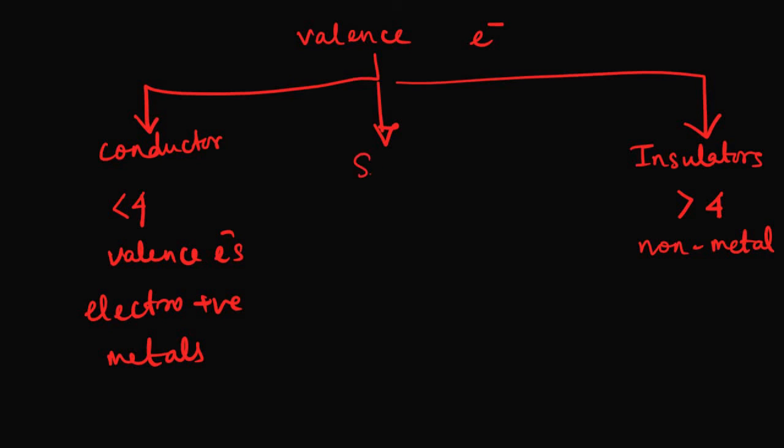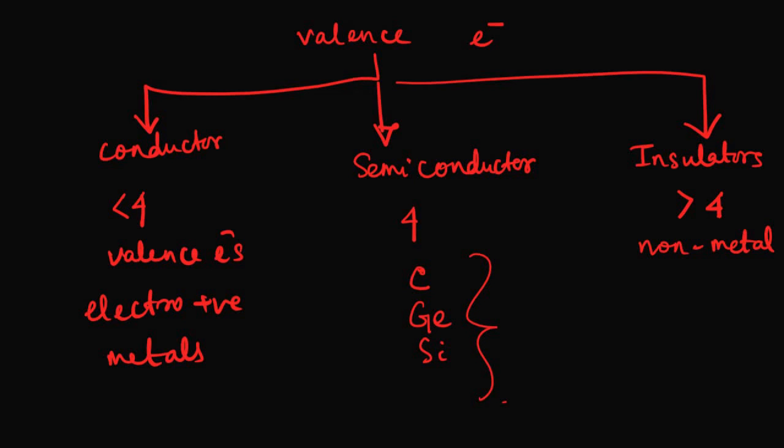Now in between comes the semiconductor or metalloid, as you know, which has a valency of 4 basically. They can easily be converted to conductors if needed, and they can behave as insulators if they want. Carbon is such an element, and besides carbon there are also germanium and silicon. These are some which we will discuss in the semiconductor chapter.